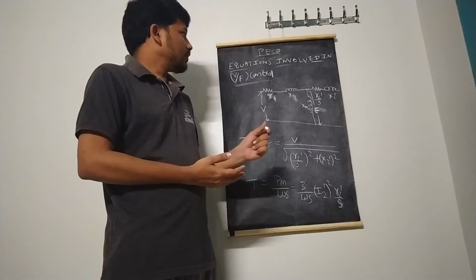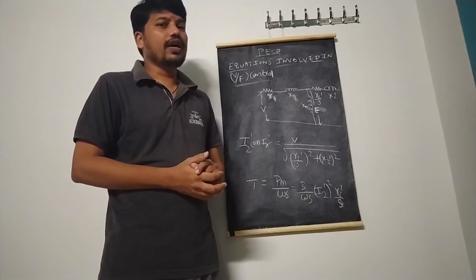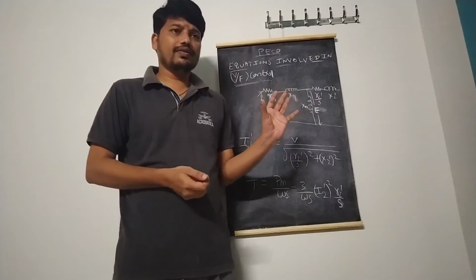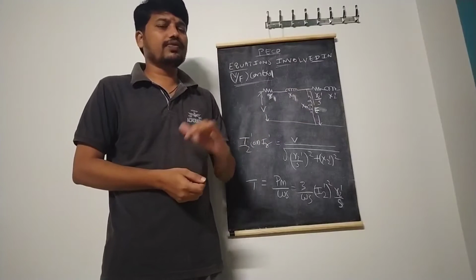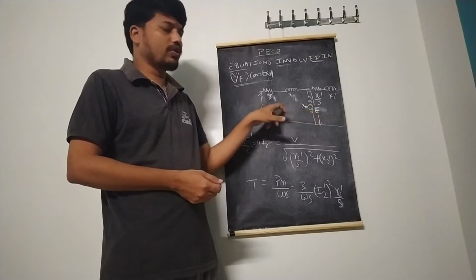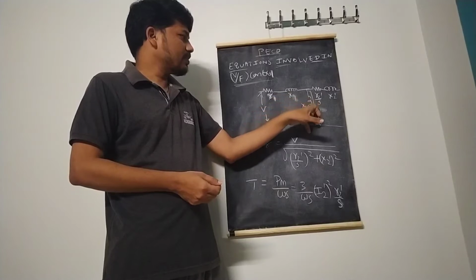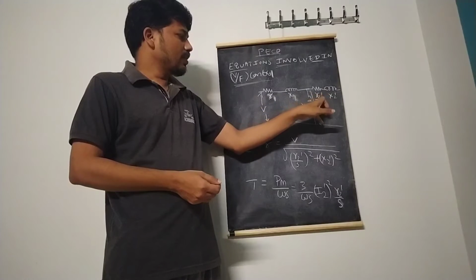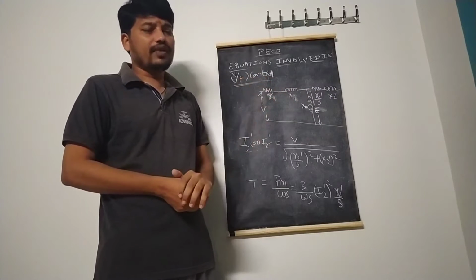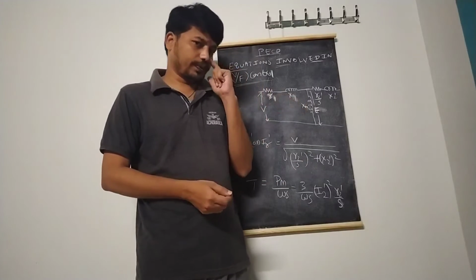methods. And now today we are going to discuss what the equations involved in the V by F control method are. We are not going in depth into the equivalent circuit of the induction motor because it is not in the scope of our syllabus. So that is the equivalent circuit of this three-phase induction motor. This is R1, X1, the stator resistance and reactance, as well as the magnetizing reactance, and the rotor resistance referred to stator and rotor reactance referred to stator. These are the things we have studied in Electrical Machines 2 in induction motors, so no need to discuss them here. This is the main equivalent circuit.